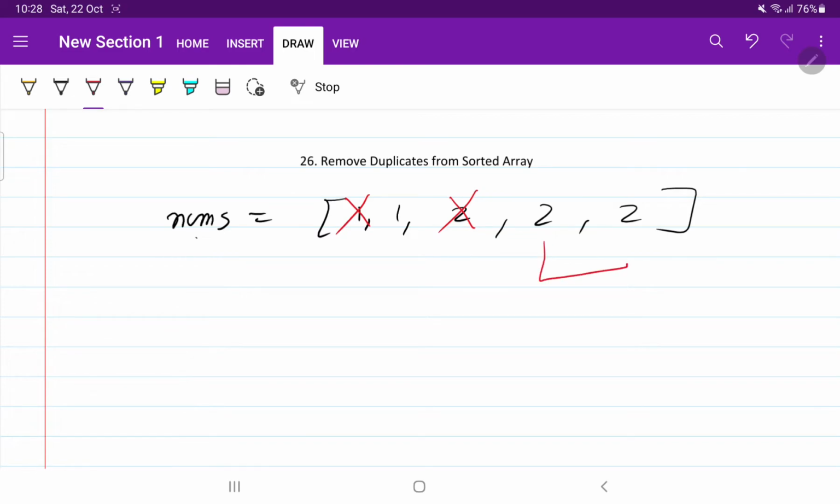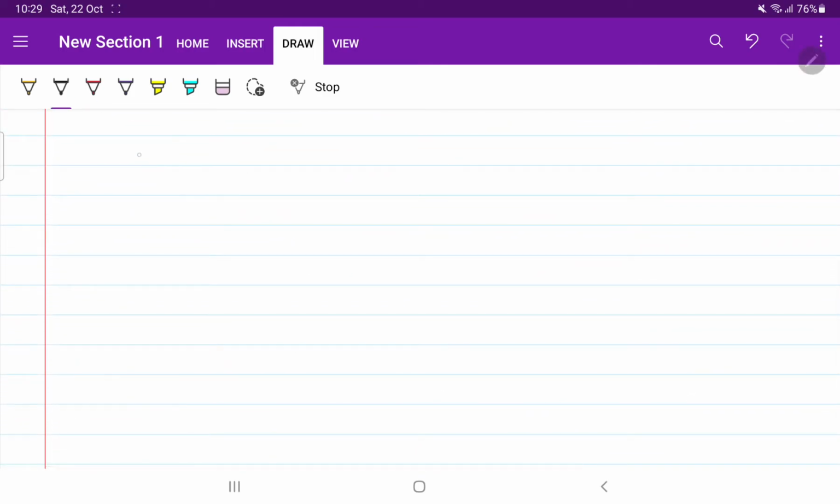Again we will come and check the array or list. So we will check if the elements are equal or not. If the elements are equal, we will remove the previous element. Okay, so now in our nums, the elements are 1 and 2, because the rest of the elements, these three elements, we have already removed. So we are going to use this concept. Okay, so let us start writing the function.